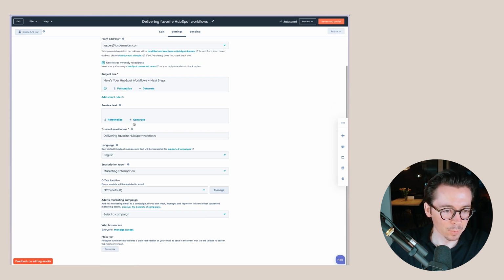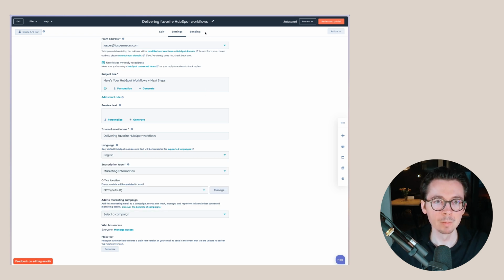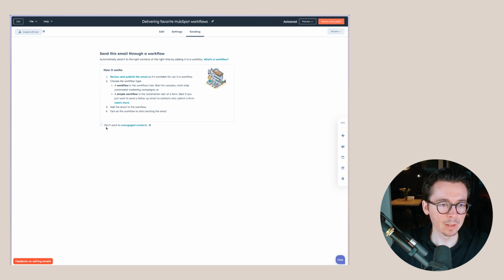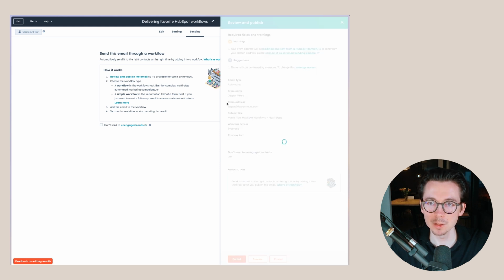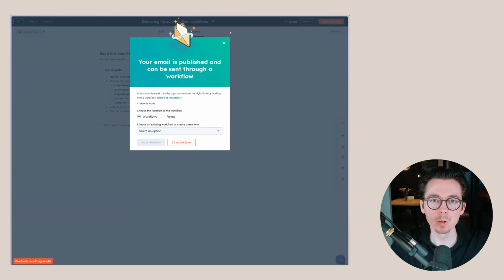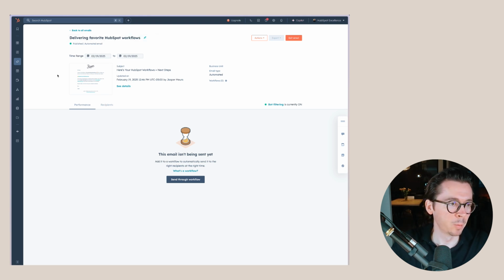I'll just send this out from my name. If you want to add it to a marketing campaign, so let's say you have a specific marketing campaign for HubSpot workflows, you can link that right here. Then for the sending, you can select don't send to unengaged contacts. In the case when somebody just submitted a form to download a document like this, I would just leave this unchecked. And then we can review and publish. And this email is now ready to be used. So now we can use this email in the more advanced workflows like I showed just before, but also in